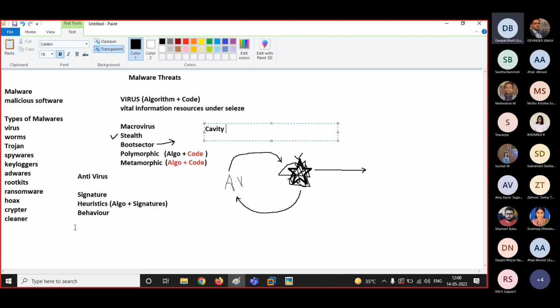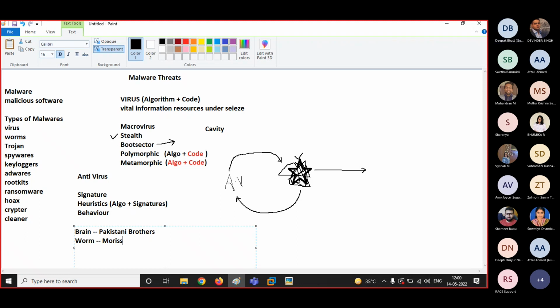The first virus of the world was Brain, and it was developed by Pakistani brothers. The first worm of the world was named Morris, and he was a researcher.